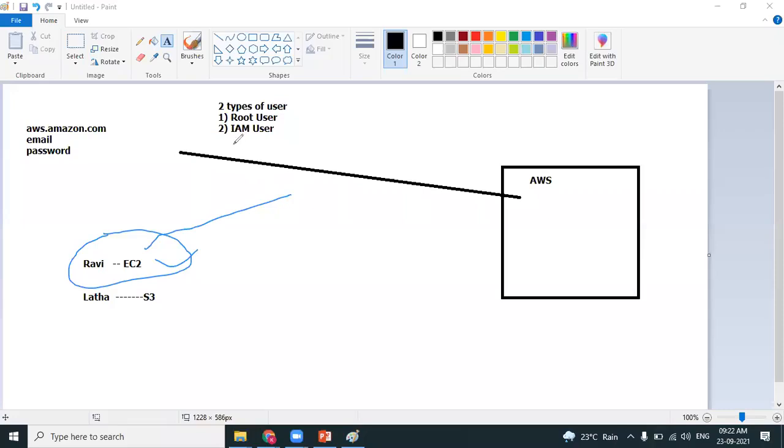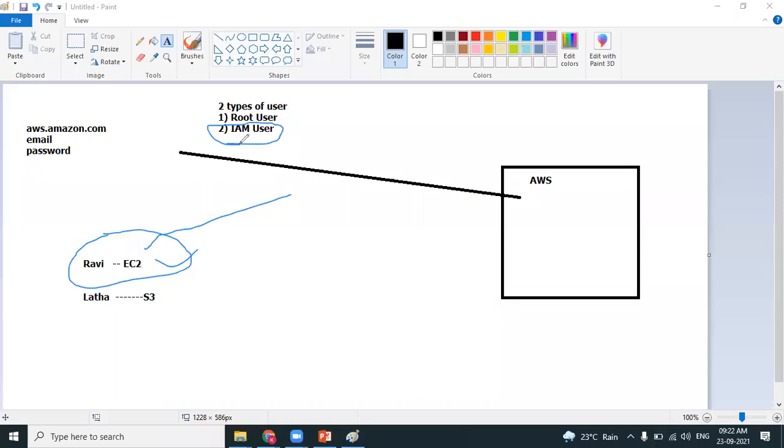What will be given? You will be creating an IAM user. IAM user is something like a child user. Okay, we all work with IAM users. Root user is nothing but the owner of the organization or owner of the account, owner of the client. He will have the root user. Inside the root user, we'll have child users.